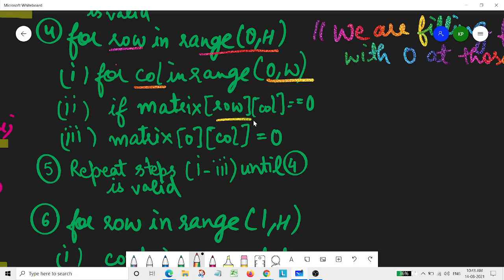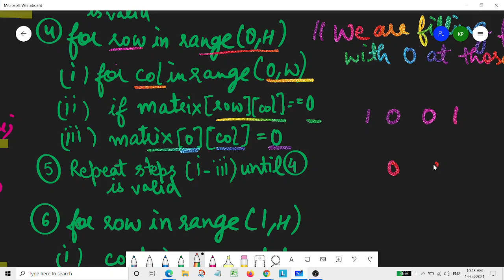Wherever we encounter any cell as 0, we mark matrix[0][column] as 0, because we are only storing in the first row that particular column where we encountered the 0.